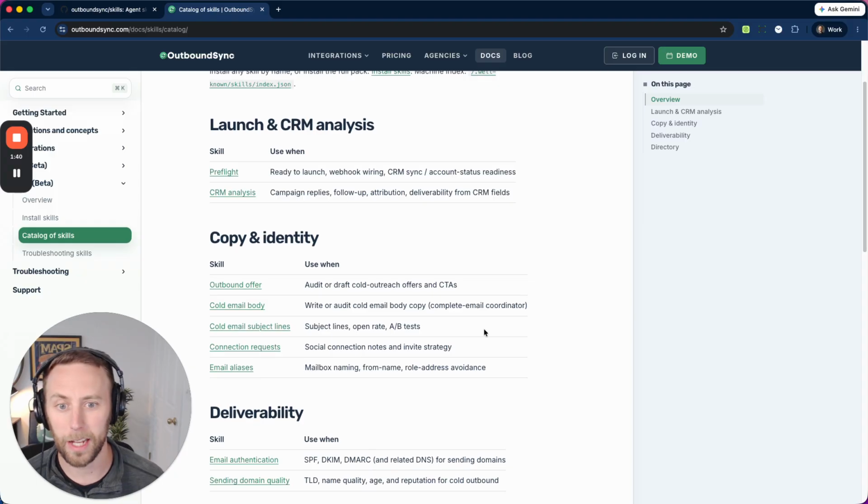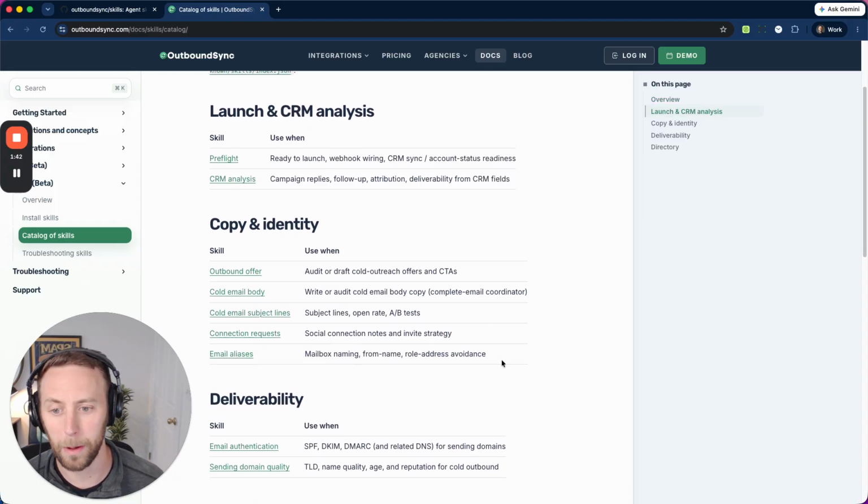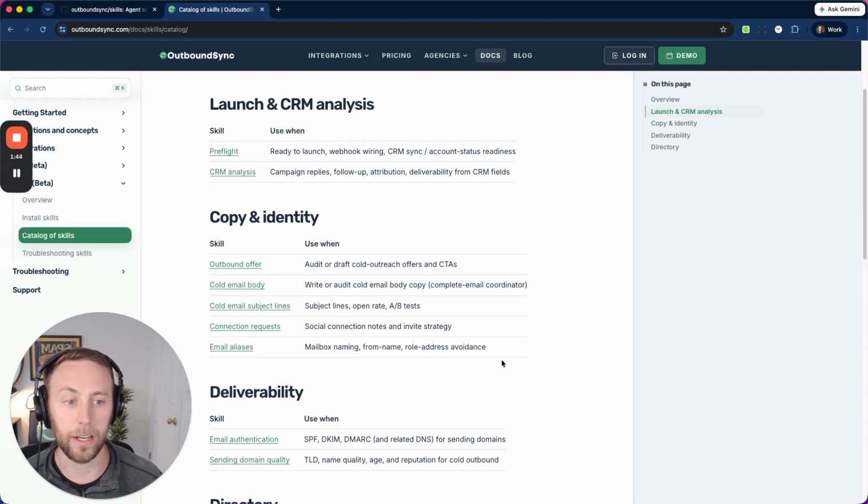I'm on outboundsync.com. I'm in the docs section of the website. And here you can see we've got these in 4 major categories. The first one is launch and CRM analysis. Here, this is a pre-flight check, and it also helps you see after the fact how your campaigns are going. This is a full specified skill, and basically once you have this downloaded on your machine or in your cloud environment, your agents will be able to use this to run